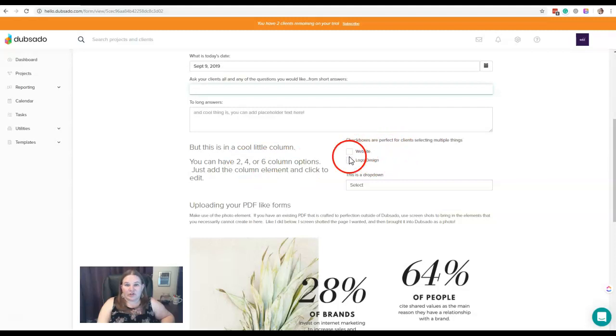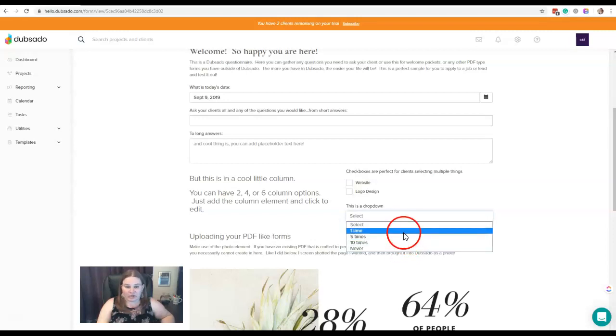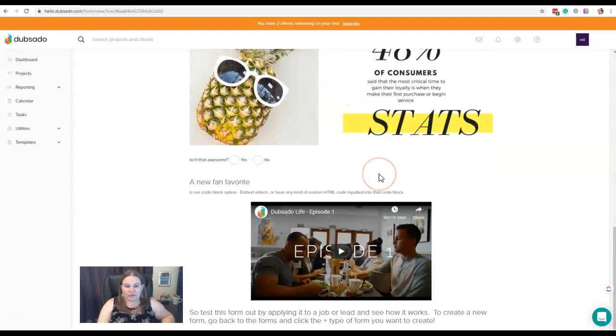Then over here we've got our checkbox. This is a checkbox item, so your clients can select one or multiple answers. Then down here we also have a drop down, so this is only going to allow them to select one answer. They can't select more than one. Now, if you're the kind of business that has PDFs that you want to share, or maybe it's a design that you're wanting to share with a client, have them proof or something like that, you can always take a screenshot of that document and make sure that you save it as an image file. That way you can add it in that image block and add that to your forms.